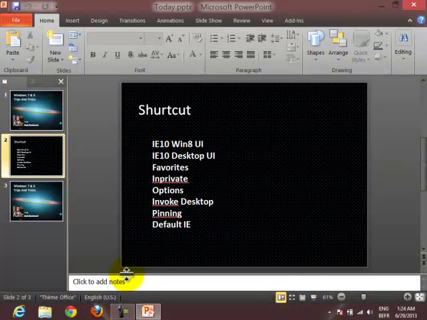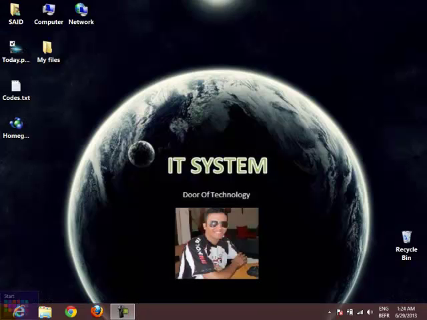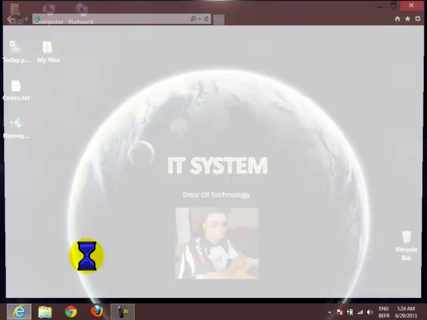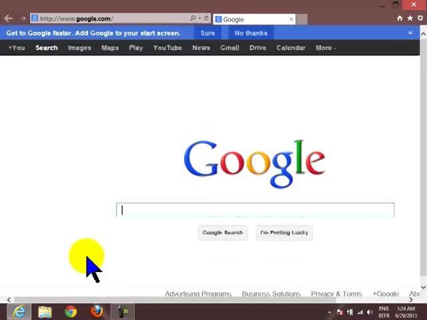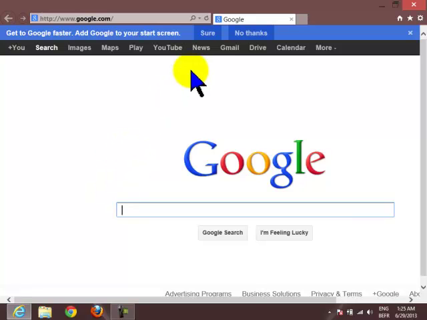By going to the left corner, as you can see here, the icon of Internet Explorer. By clicking, we open the desktop version. It's different from the one we saw before, the Metro one. As you can see here, we have the close, maximize and minimize buttons. You can see here the tabs, and you can see at the bottom